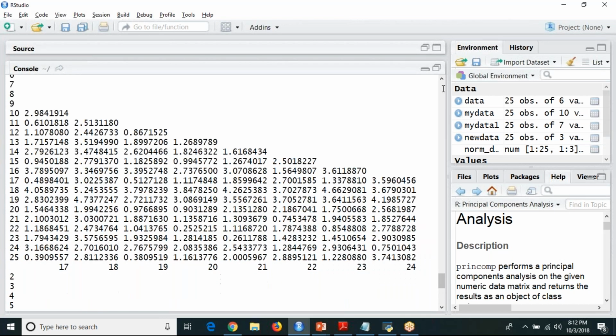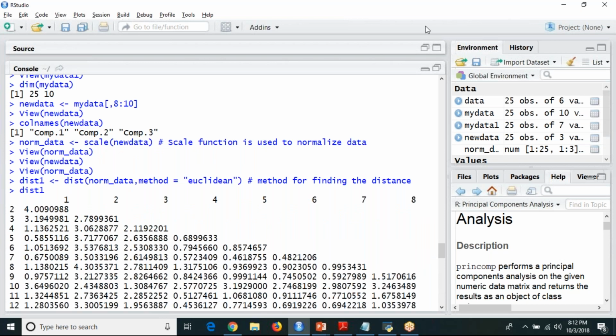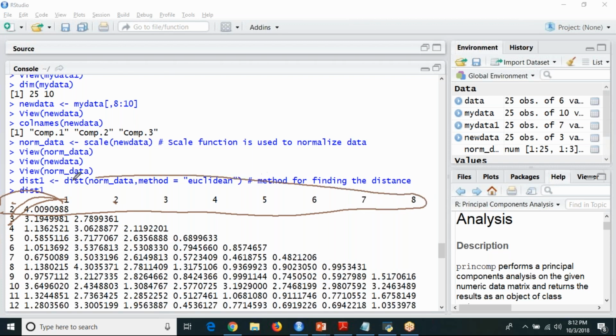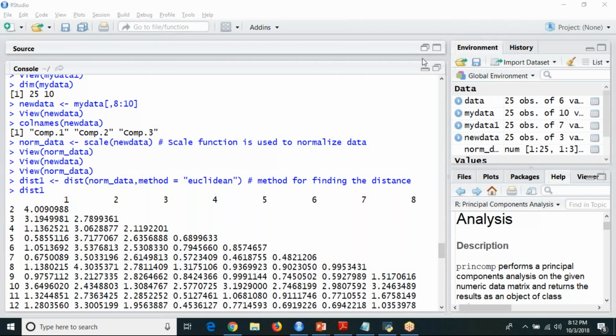See here, it starts from 1, and here it starts from 2, because between 1 to 1 it will be the same. So that's the reason I'm not going to run that. It will start from 1 to 2, 1 to 3, 1 to 4, until 2 to 8 here. Again, the next will be 9, 10, 11, 12, 13, like that, up to 16.